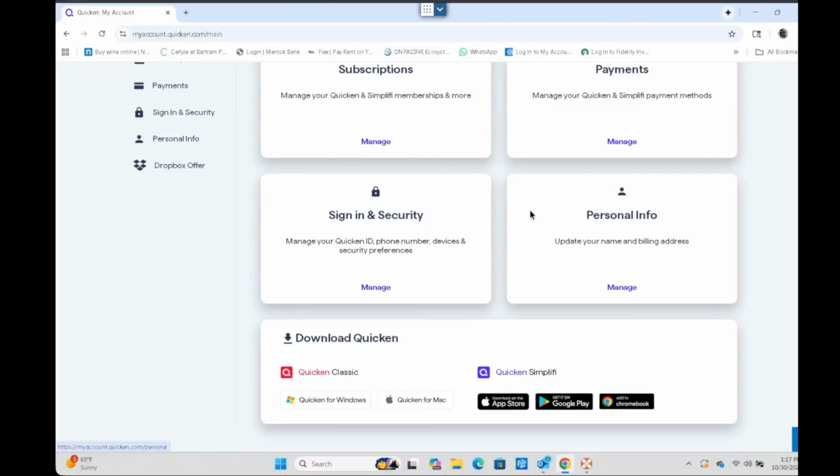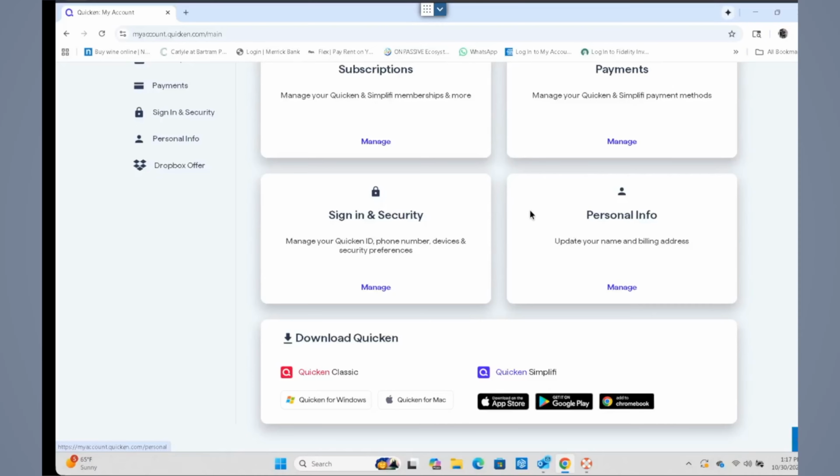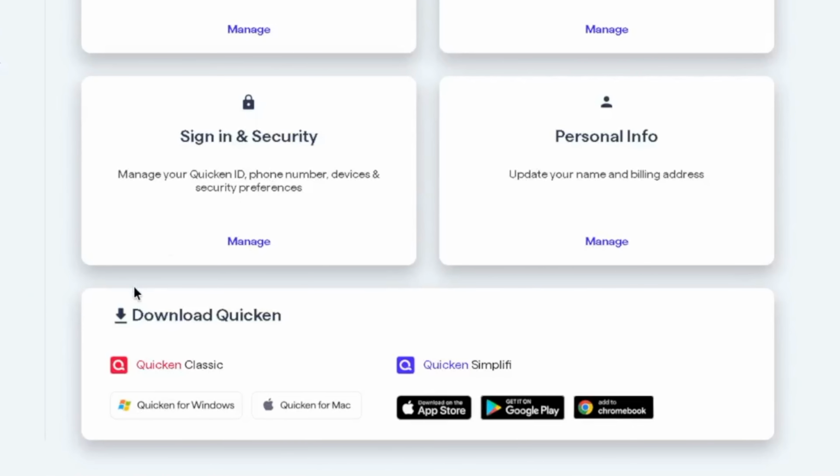Once you're logged into your Quicken account, scroll this page a little, and pretty much at the bottom of this screen, you're going to see Download Quicken. Here you have both the options available, Quicken for Windows and Quicken for Mac. If you're setting it up now on your Mac, you can click on this tab to download the Mac version,